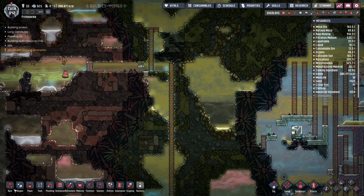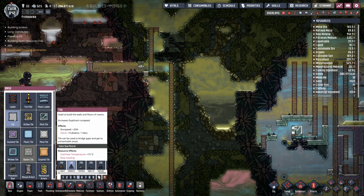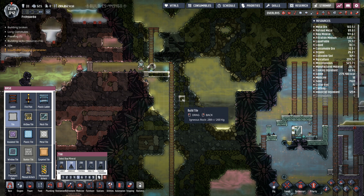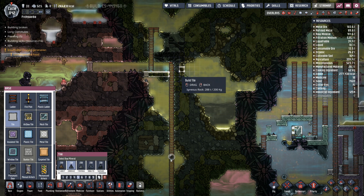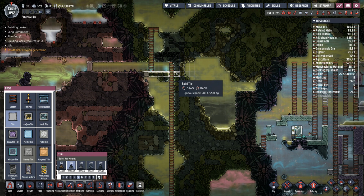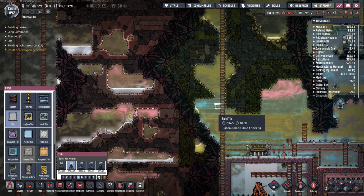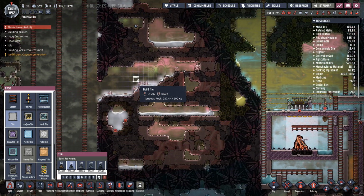Well, I'd like them to, but apparently that is a little bit too much like hard work. We're going to put tile across there. And we're going to, for now, put tile up there, like that. And then I want to be able to get this...